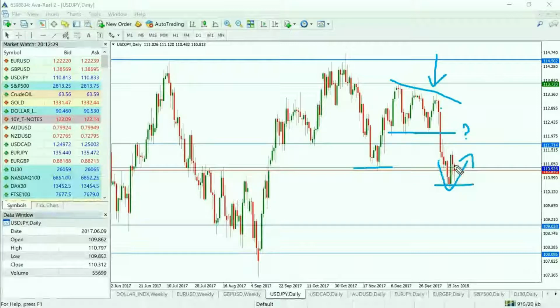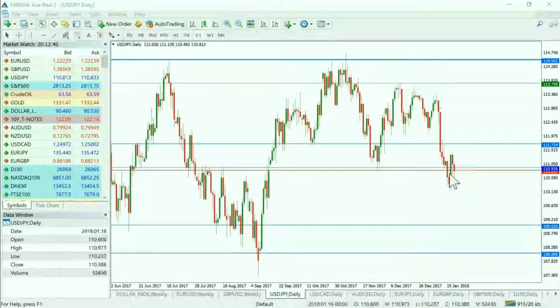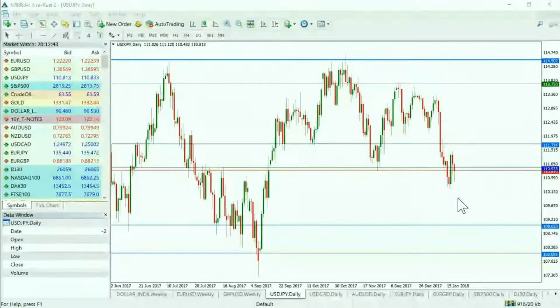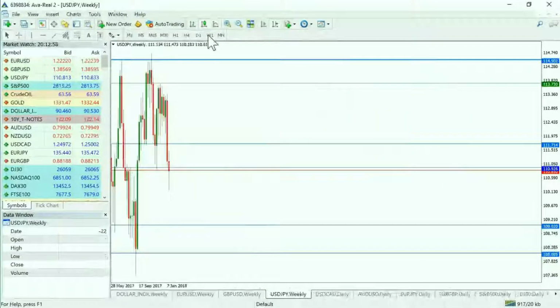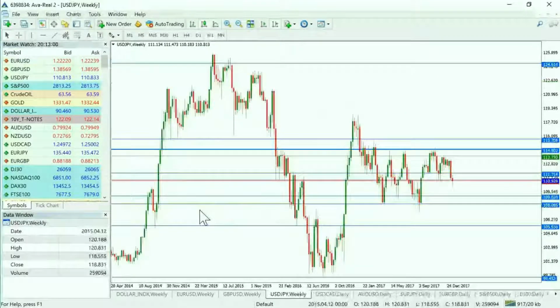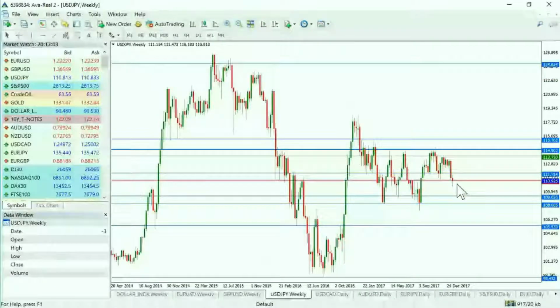However, the close of Friday and Thursday's candlestick we're not overly comfortable with. So it's probably fair to say we're looking for opportunities to sell the dollar yen. We're just not overly comfortable with this particular price action at this level. And you can see the close on Friday is again. That's why we like working with these levels of support and resistance on multiple time frames, because you can see how price wants to interact and engage with those levels once more.